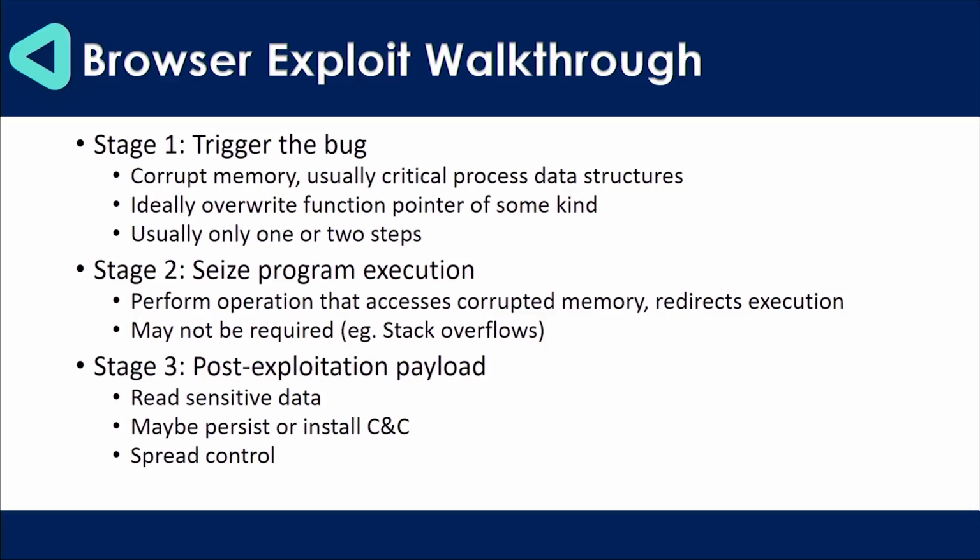This is only considering development time, so we're assuming that you've already discovered the bugs and this is the development time for them. So we're going to start off with a use after free in a web browser from about 2008. Back then, writing an exploit basically consisted of these 3 stages. You would trigger a vulnerability, corrupt memory or trigger the use after free. You would seize program execution. This would depend on exactly what kind of bug it is to how you do this,